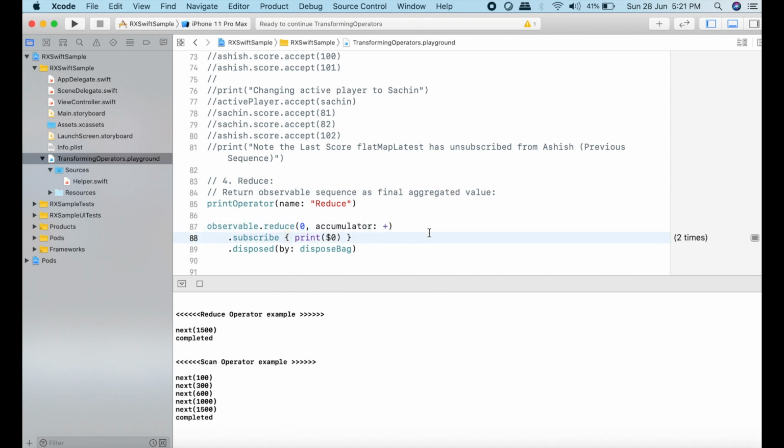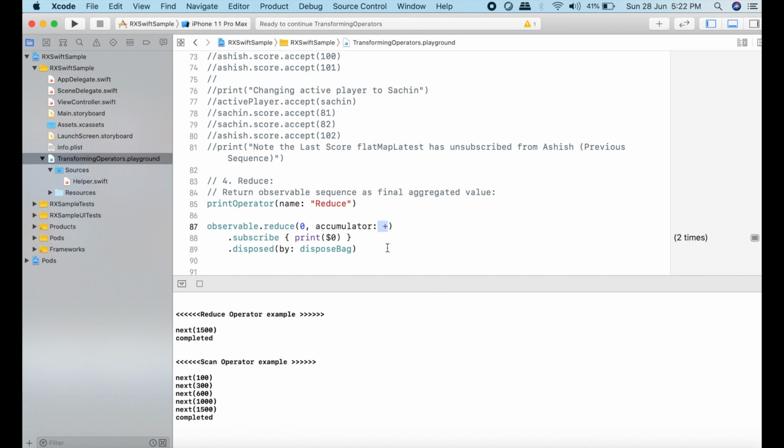So the manner in which the reduce operator works is it takes 0 as the initial value and it keeps on doing the operation as per the value given in the accumulator parameter. So here we have given the addition operator, so it will keep on adding each and every element emitted by your observable.